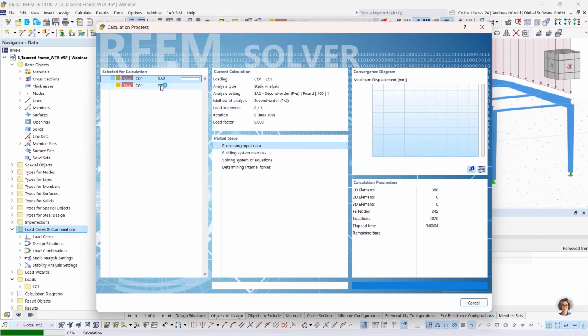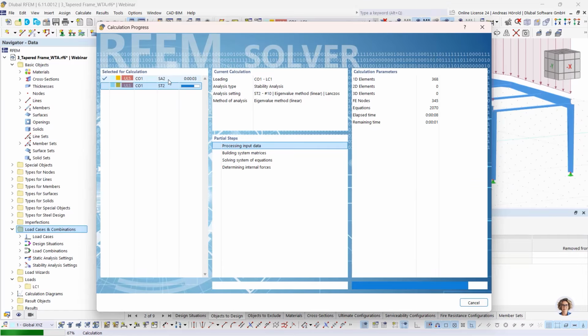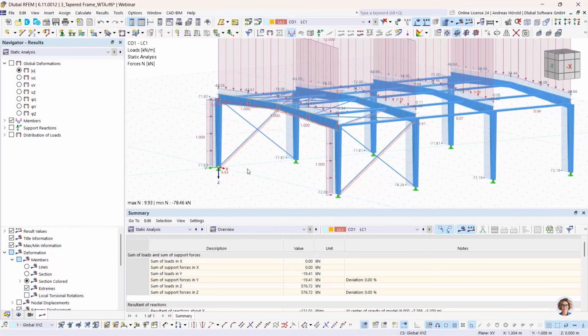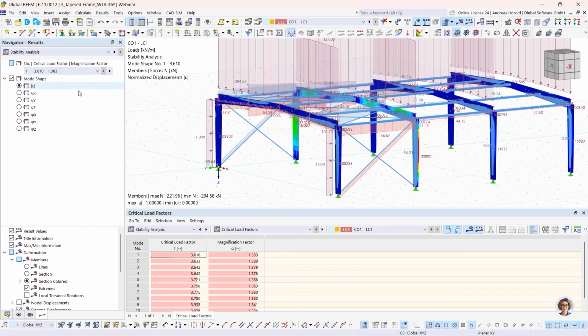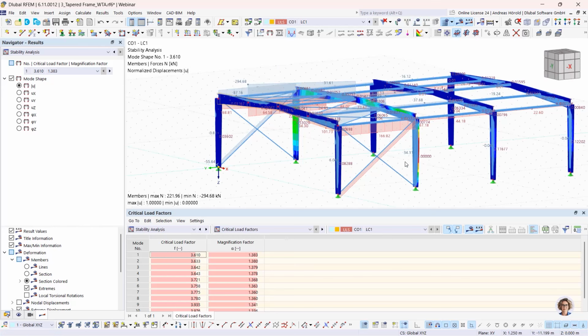You can see that this is the stability design, static analysis and stability analysis. So then we check the stability analysis here. Now,